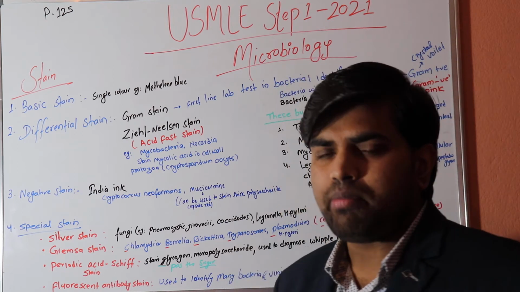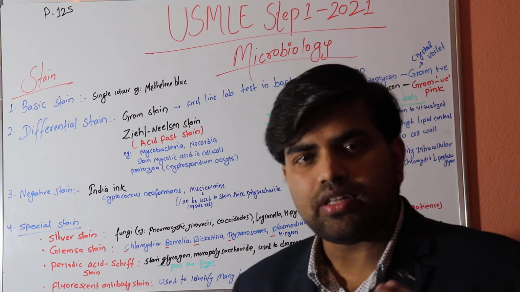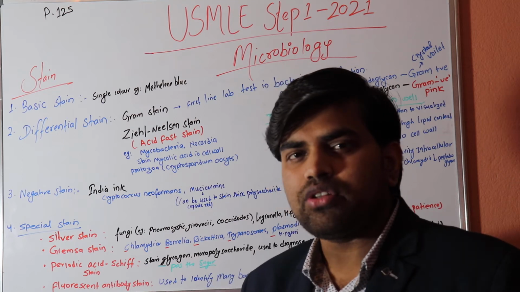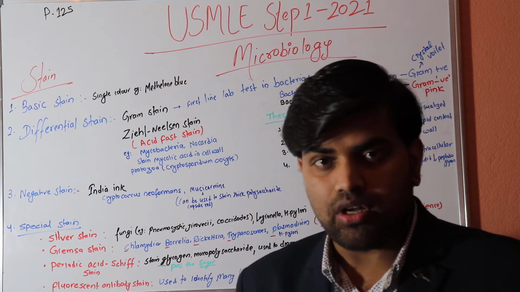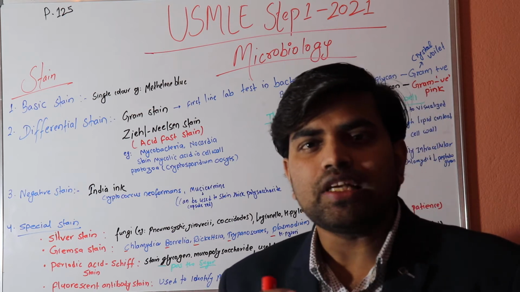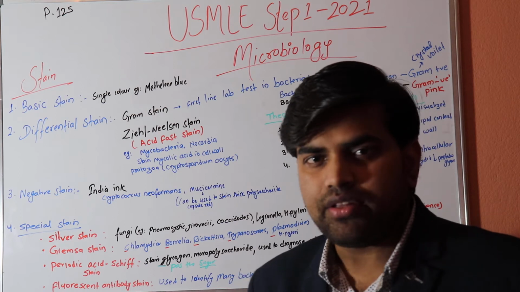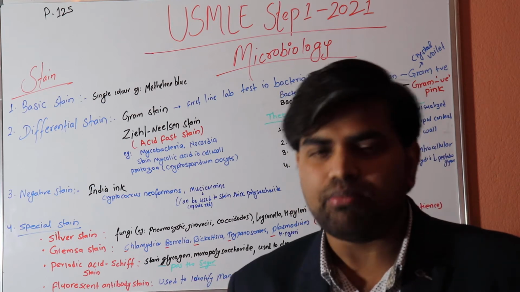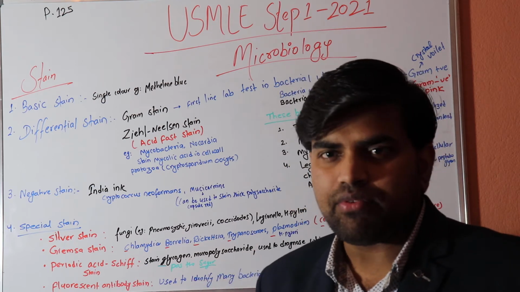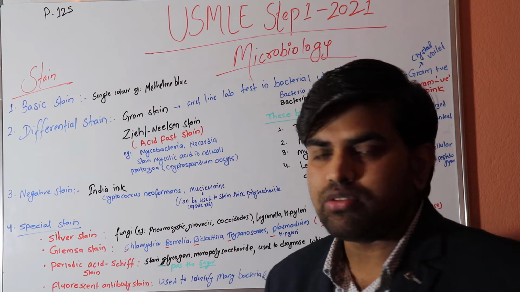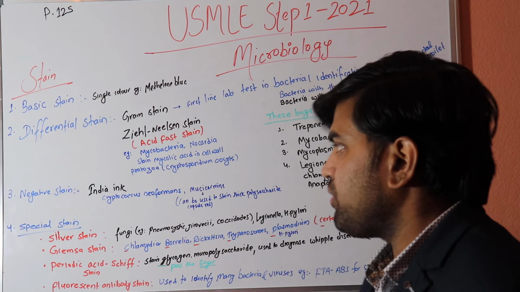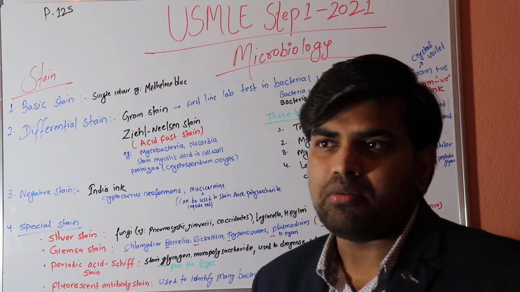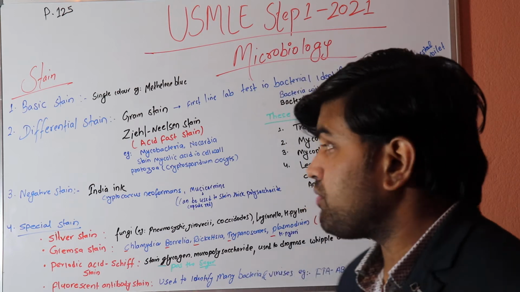Actually this is the coloring of the bacteria, but since bacteria are living things, the term used is stain, not dye or color. Dye is used for inert substances, like cloth. But in the case of a living thing, when you make a pathological slide, we stain it. The meaning and the procedure are the same: we are coloring the bacteria.